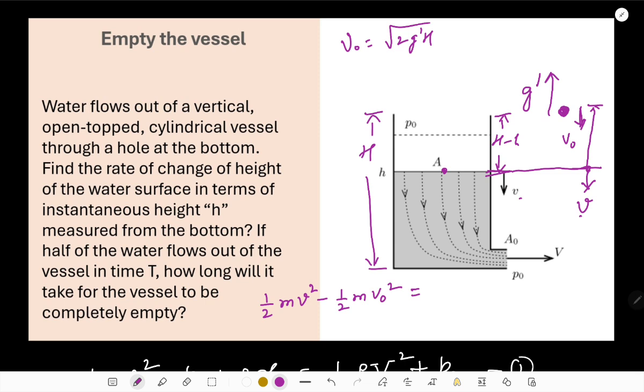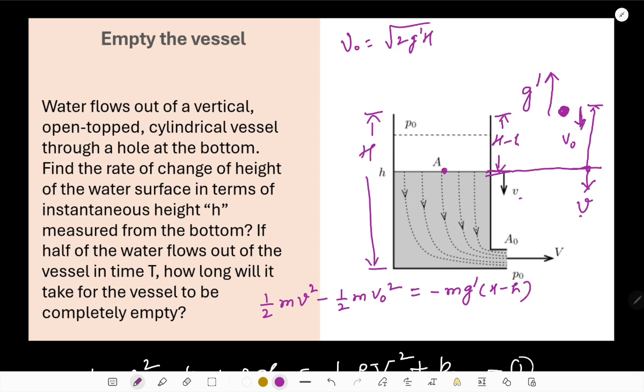So it will be mgh, but it will be negative because the gravitational force acting on this particle in this gravitational field g dash is in vertically upward direction, and it is moving in vertically downward direction. So the work done by gravitational force will be negative, and it will be mg dash,